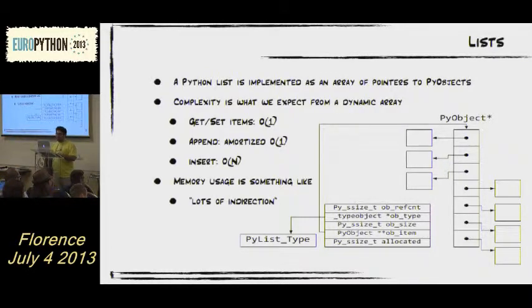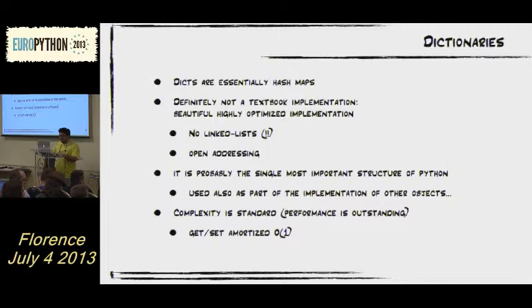So, for example, this is very sparse in memory. This may be allocated in a completely different area from this and that. So caching sometimes may be a problem, okay? You have to keep that in mind. The list is very nice to use, but it's not implemented in the most efficient way. For example, if you have just numbers, you may want to use an array, a Python array, or a NumPy array, better still, okay? And then there are dictionaries, which are probably my favorite data structure in Python,